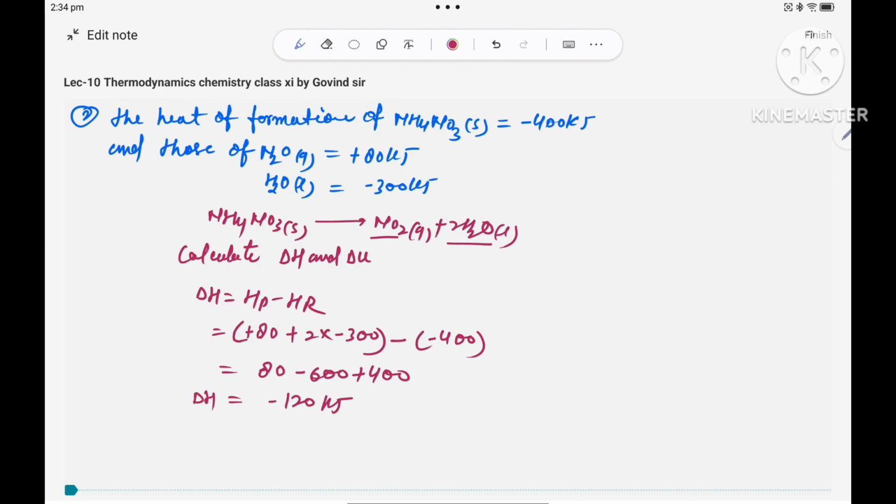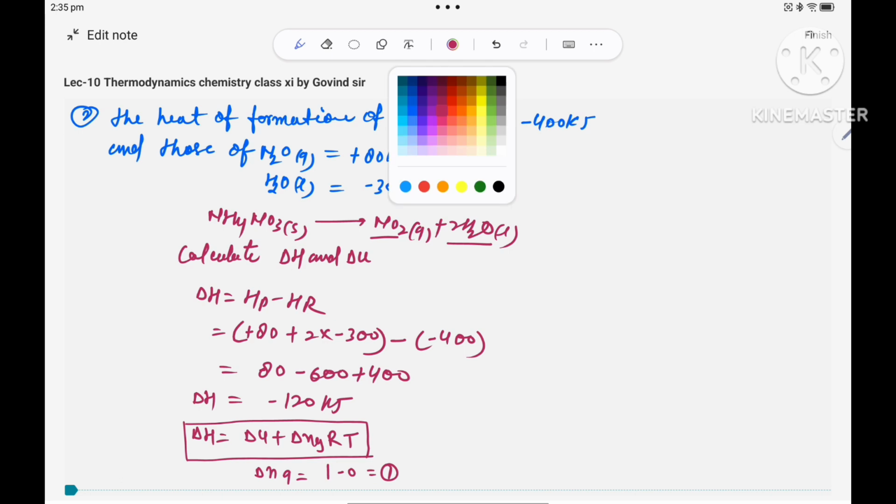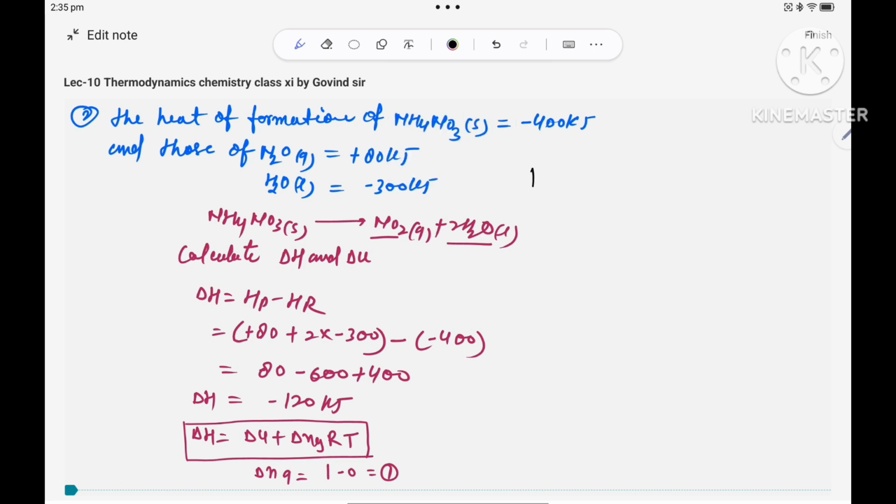Okay, in that case delta H we find. Now what is the relation? Delta H is equal to delta U plus delta ng RT. We have to apply this formula. Delta ng is equal to what? Product 1. So 1 only, reactant 0. 1 minus 0, it will be 1 only. So here you can solve